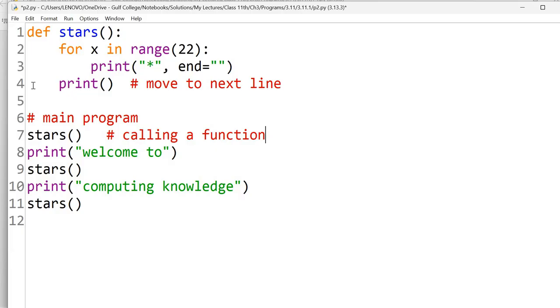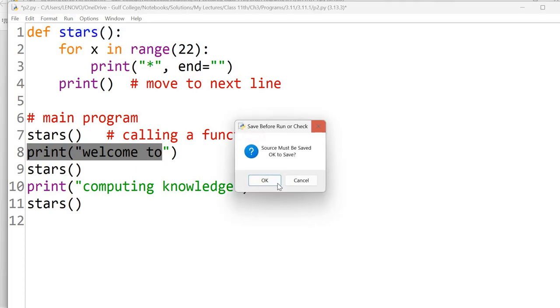Lines 1 to 4 we use to define a function. Number 1 we can say is the function header. We can say that this is a function declarator that is used to declare the body of the function. Here I'm calling stars. What happened? It will print one star line, print welcome to, star, print computing knowledge, and then star. If you see the output,